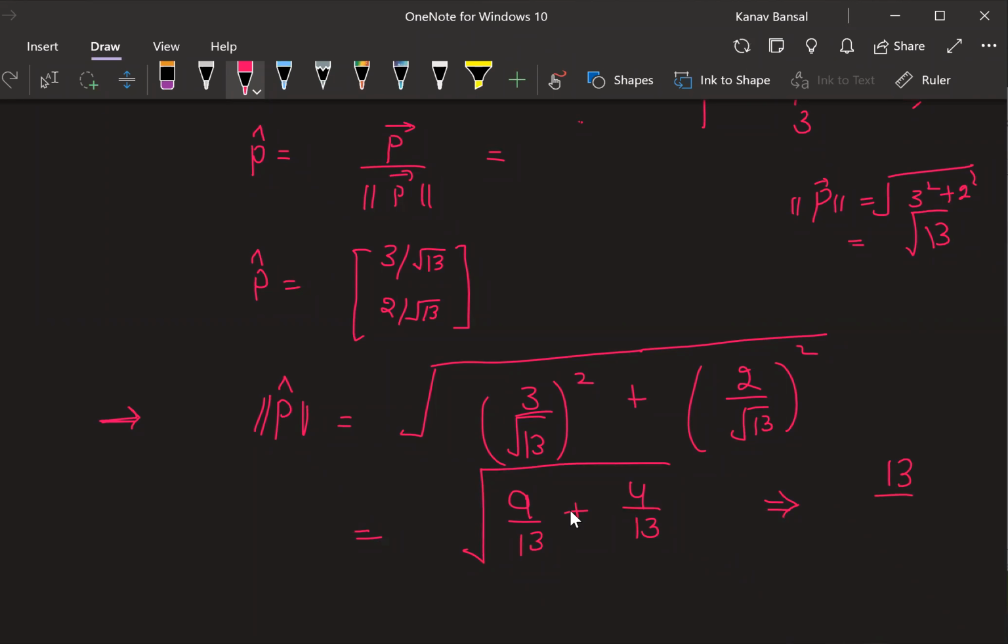Now, how do you calculate this projection? How do you calculate this projection of A vector on B vector? So actually, I think we should write it like this: projection of A vector on B vector. How do you calculate it? Can you just use the concepts that we learned today and try to solve this problem? What if I want to compute this vector? I want to know what is this vector.